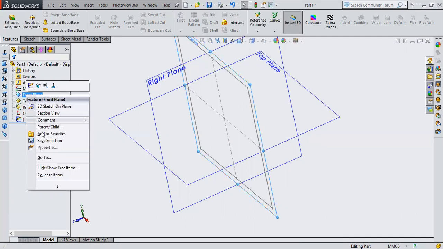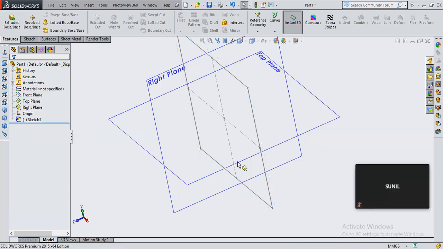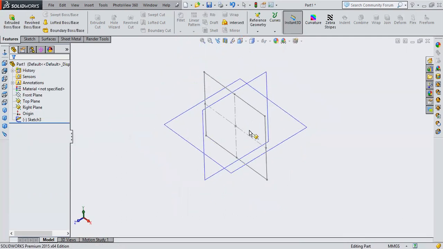See here, I'll just switch off this plane. Now I am left with only the sketch here. The sketch is perpendicular to this right plane, but it is not perpendicular to the top plane, right? And even if you see the volume, it is towards the right plane. That means the material can only be added in the right plane, either in the front direction or the back side of it, or else it can be divided equally. But it cannot be added in the top plane just because the sketch is like this.